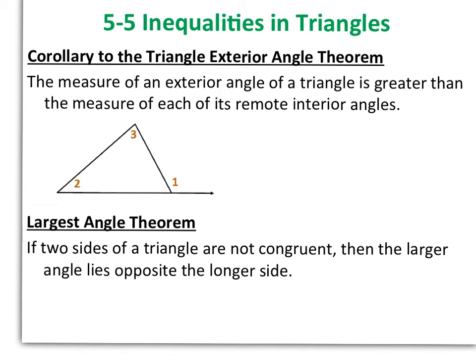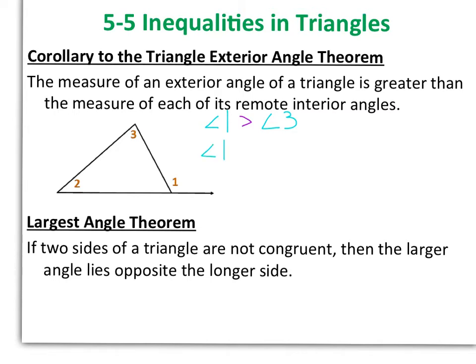For our last section in Chapter 5, we are going to look at inequalities in triangles. The corollary to the triangle exterior angle theorem says the measure of an exterior angle of a triangle is greater than the measure of each of its remote interior angles. So we can see by our diagram that angle 1 is our exterior angle. So this means that angle 1 will be greater than angle 3,